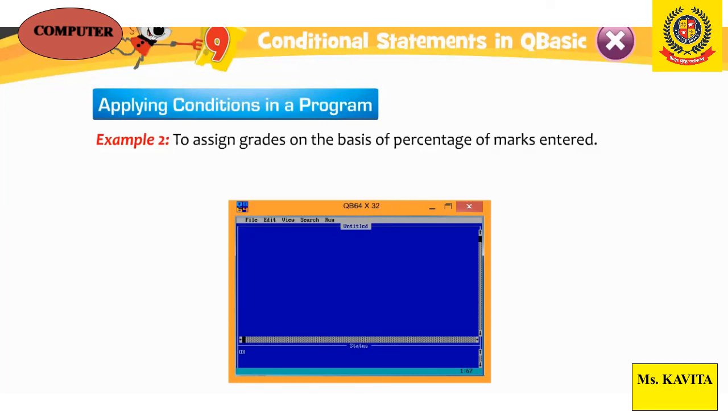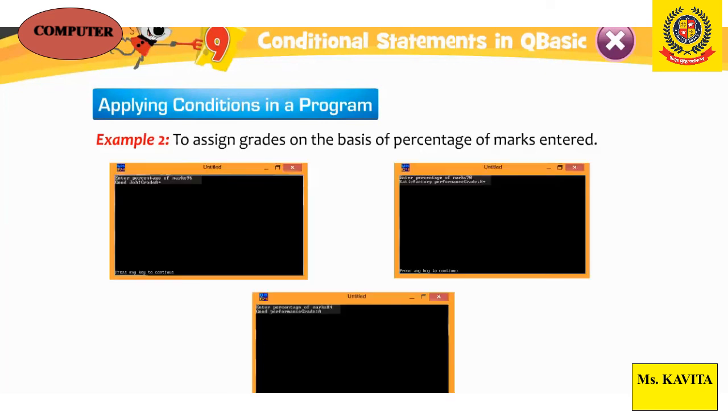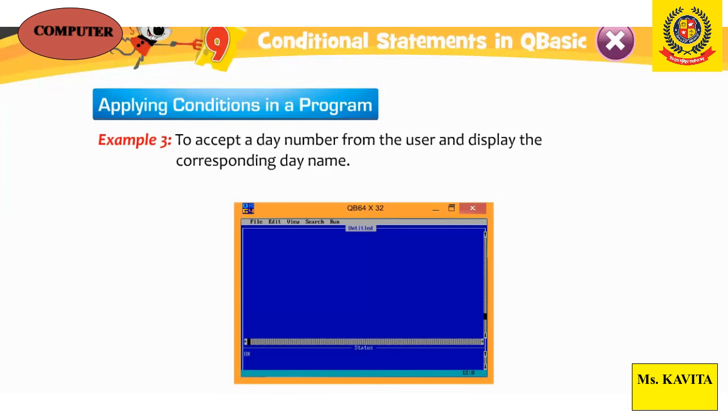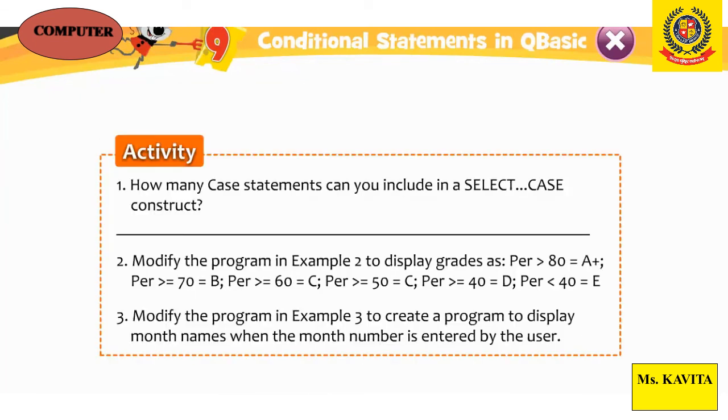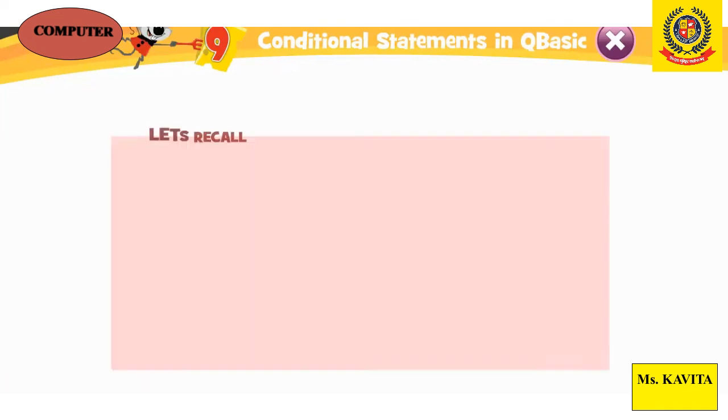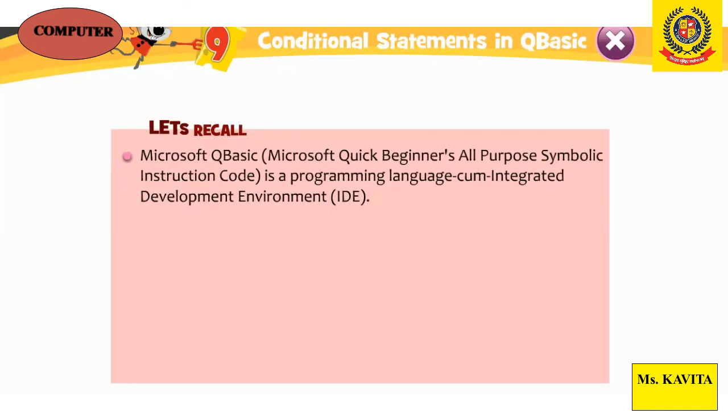Now the select case statement. The select case statement is an alternative to the if then else statement. It is a list of alternatives available. If the test result does not match any of the given case values, then the case else clause is executed. So multiple cases are given below. The syntax of this statement is: select case test variable, case value 1, statement block 1, case value 2, statement block 2, case else, statement block n, and end select.